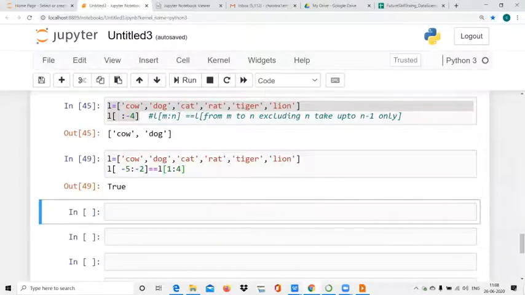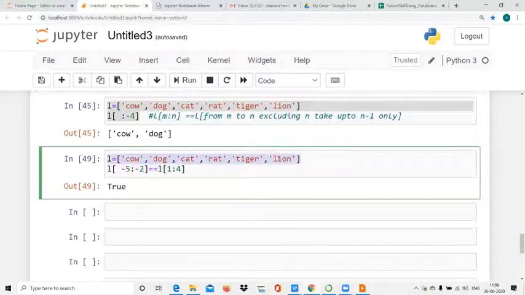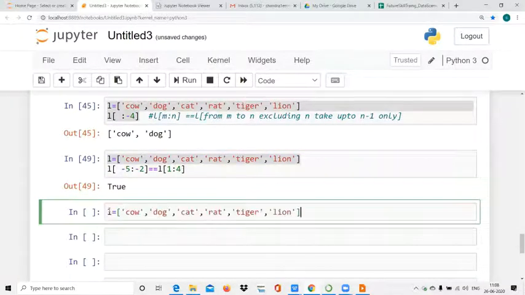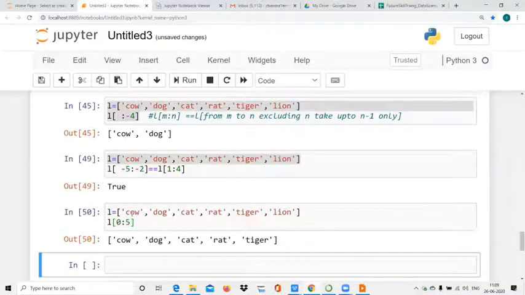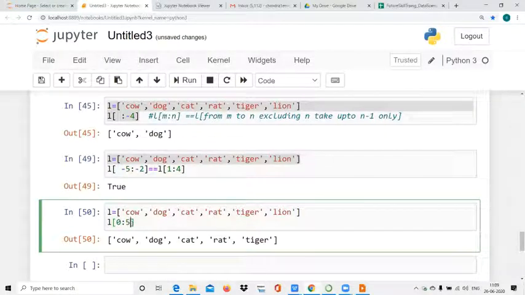Now suppose you want to print alternate elements. Then we can use stride. Stride means adding, see, 0 colon 5. What will it print? It will simply print the list from 0 to 5, excluding 5. So what is cow, dog, cat, rat, tiger? I want to print every second element.